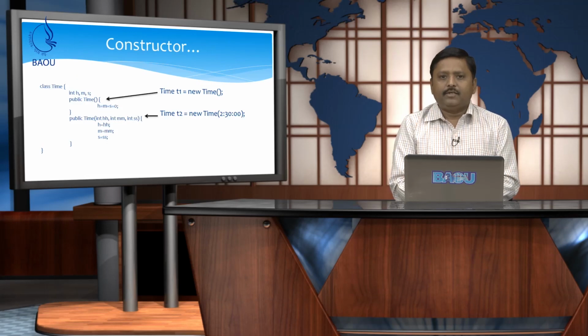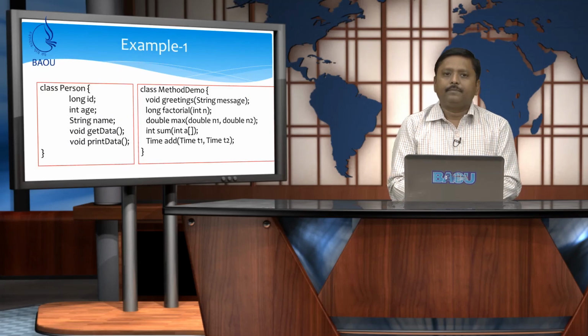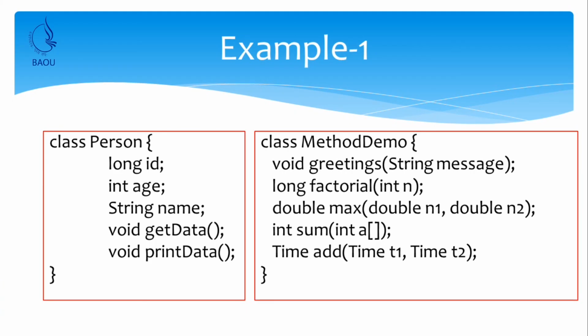We will use this constructor in writing a program, but it is very important because you can initialize data of the object at the time of creation itself and you need not explicitly call this constructor, it is automatically called whenever you create an instance of the class or object. We take one example. Here we define a class which is the same as earlier, but here we add 2 things. One is a method which represents void get data.